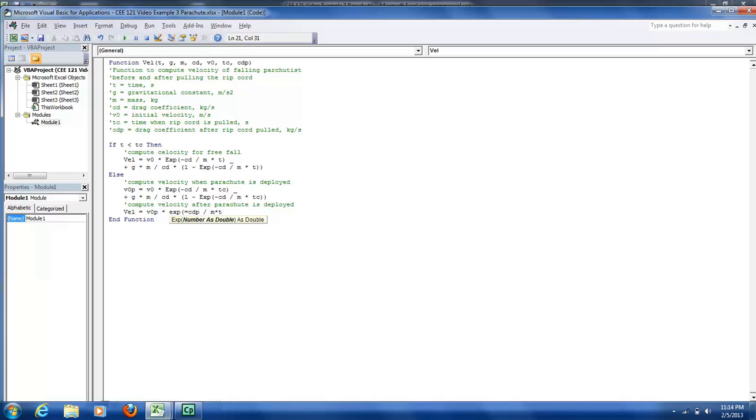Oh, I'm sorry, not times tc, times t times t minus tc. Then close parentheses. Do another underscore so we can move on to the next line. Hit enter. Plus G times M divided by CDP